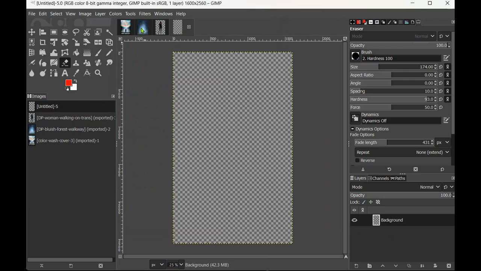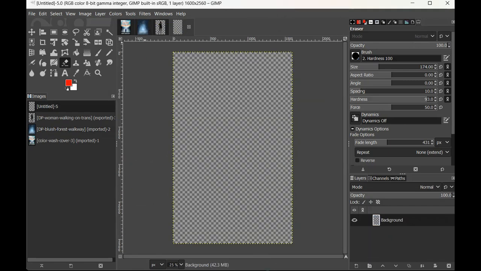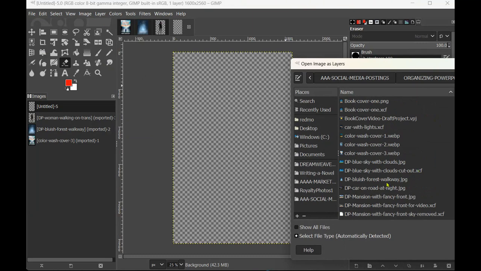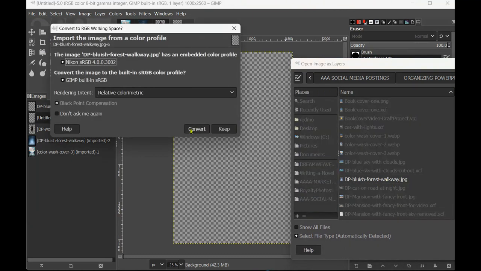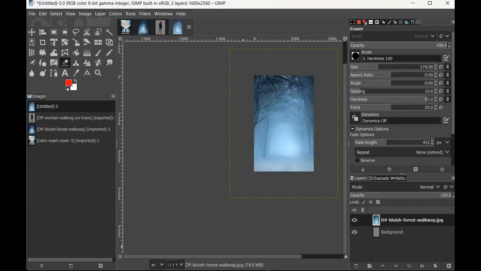All right, and now, what is this called here? Bluish Forest Walkway. Okay, open as a layer, Bluish Forest Walkway. Okay. All right. Now,